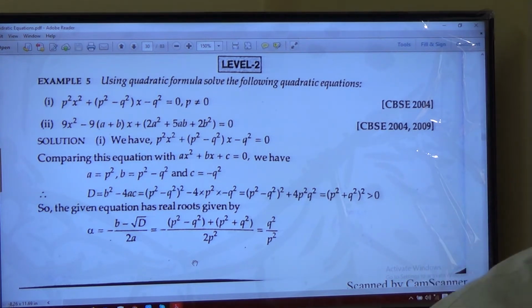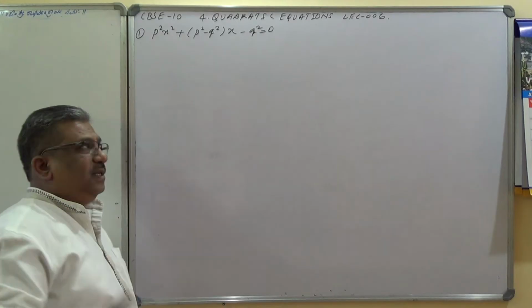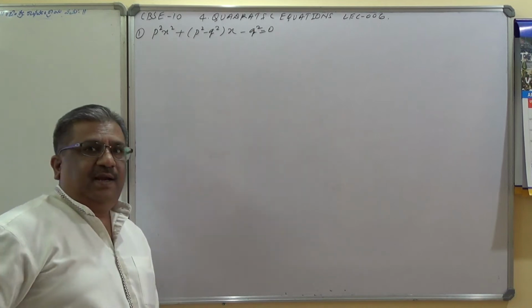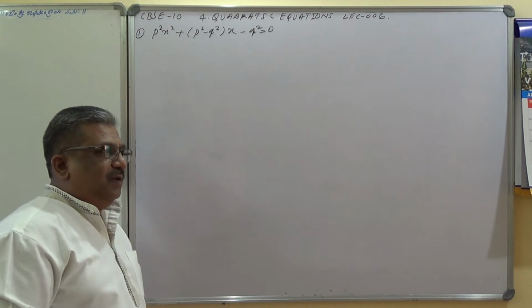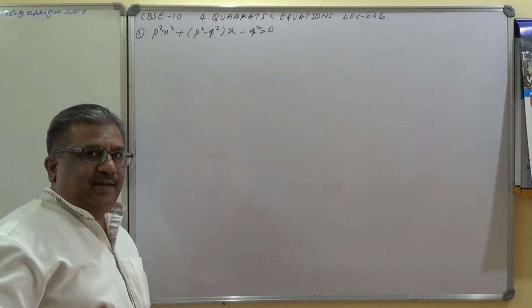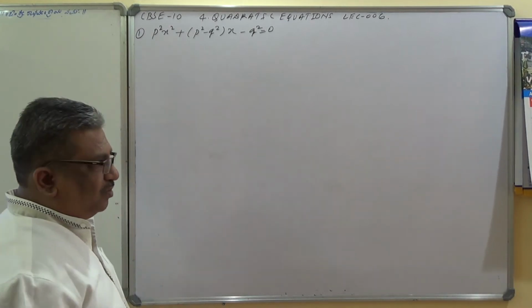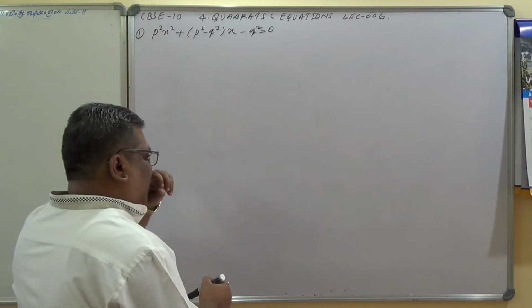These are important sums. Let's solve now. Let us populate the values of a, b, c and substitute in the quadratic formula to get the value of the roots here. One of the roots can be considered alpha and another can be considered beta. Alpha and beta are the roots, or x values only. Okay, that's fine.